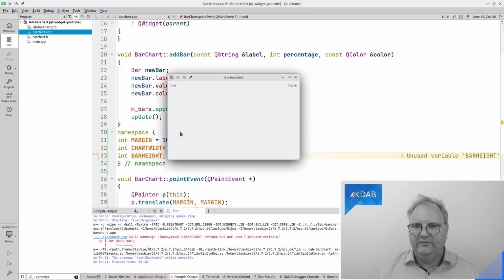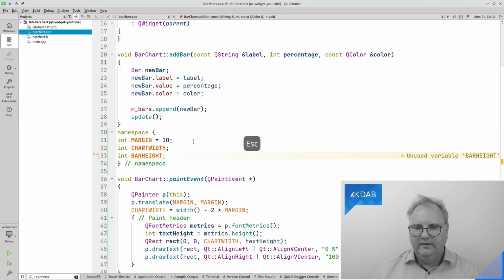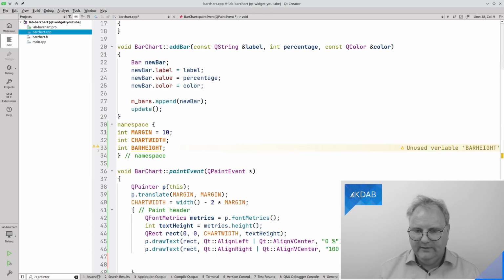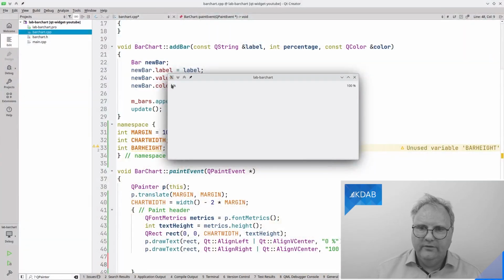Bar height is not specified yet, but you can see 0%, 100%, there's a bit of margin here, a bit of margin there, and if I resize, it looks perfectly okay. Let's get the line underneath it now, which is relatively easy to do too now, because I will now draw a line, but I see the rectangle sitting up here. This point in the rectangle is called bottom left. This is called bottom right.